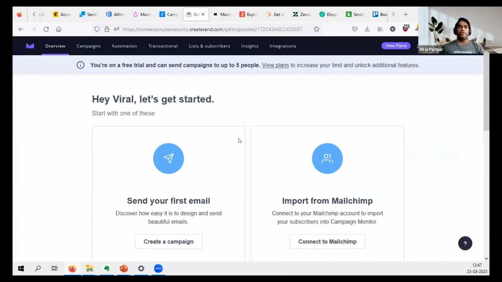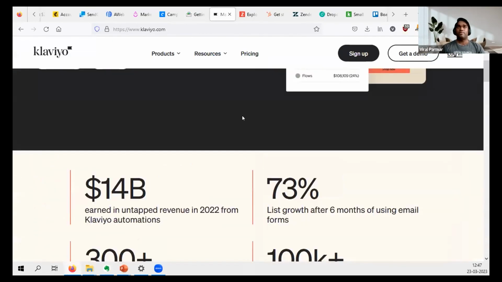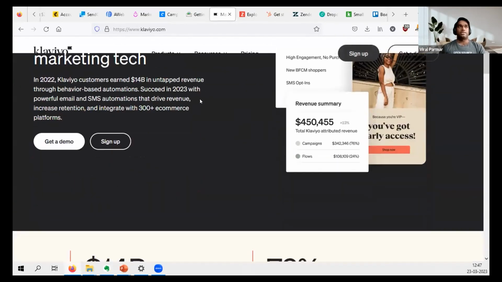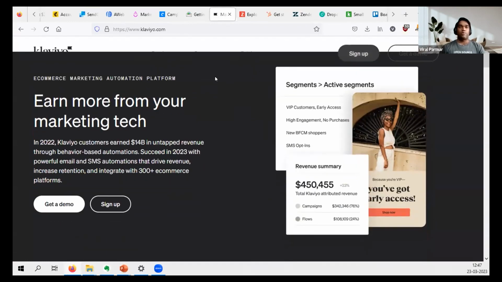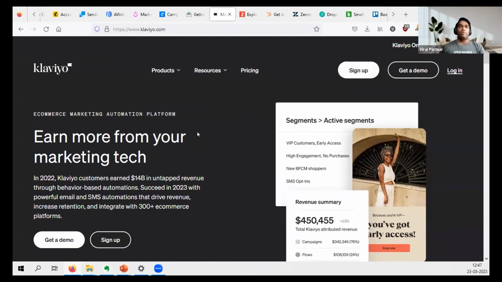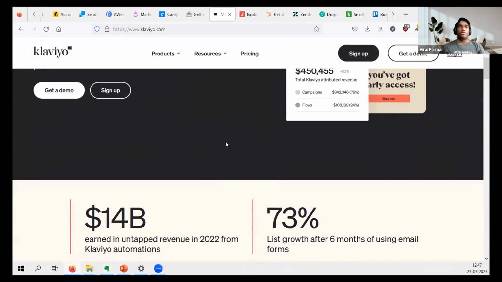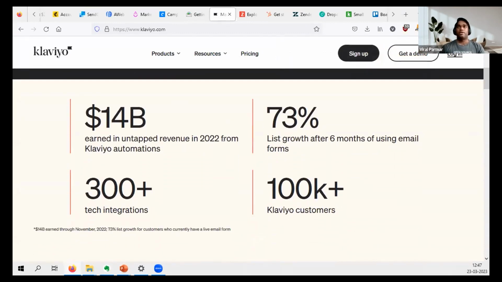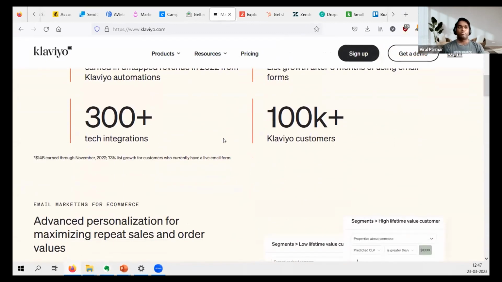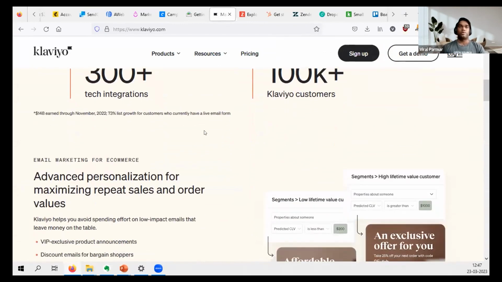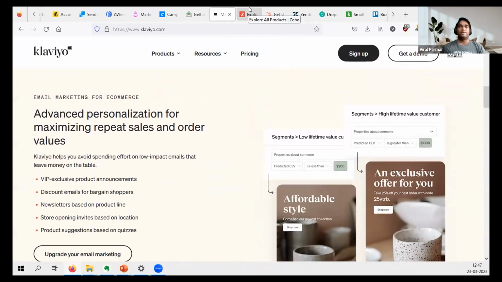And Campaign Monitor, I was trying to show the demo, but I don't have time to show it. But Klaviyo, this is a website we will require a business email for, by the way, and you can use it temporarily, like for the trial version, and it gives you the option to send messages as well as emails. So this is also a good option for engaging both together in one place instead of using two different services.